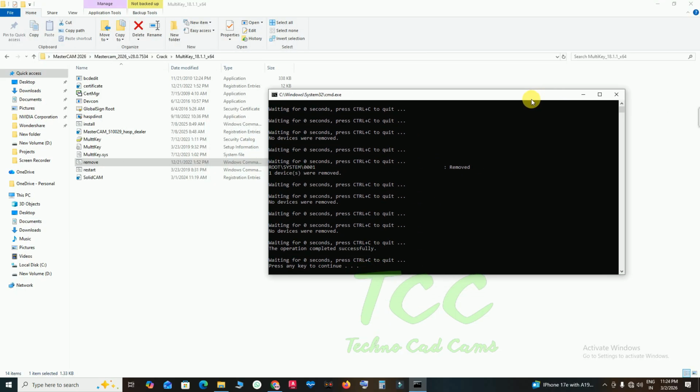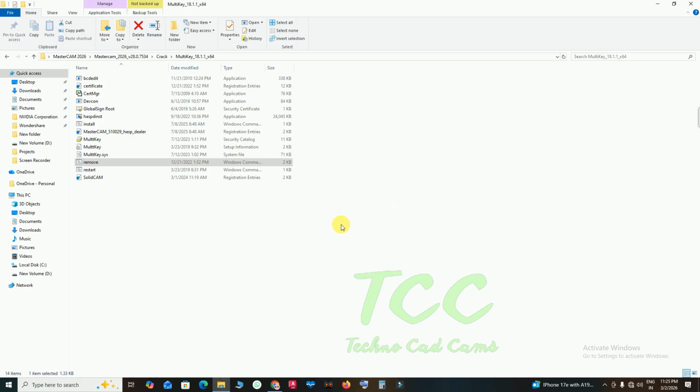Then press the key to continue. Then install.